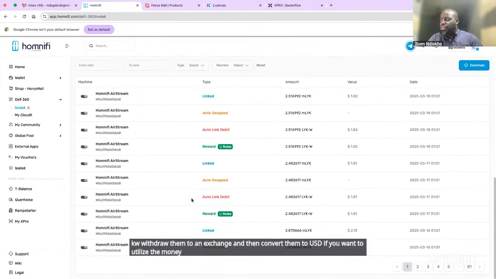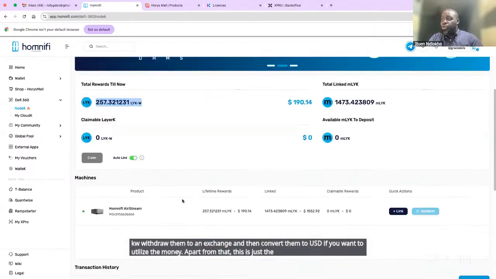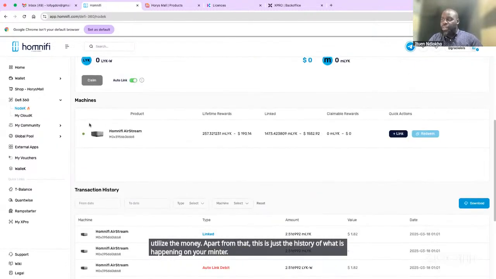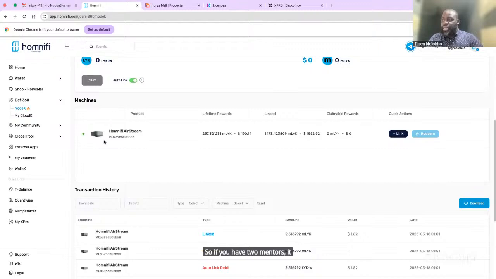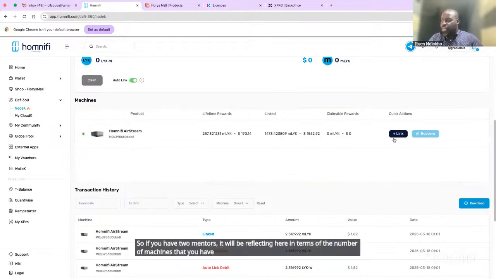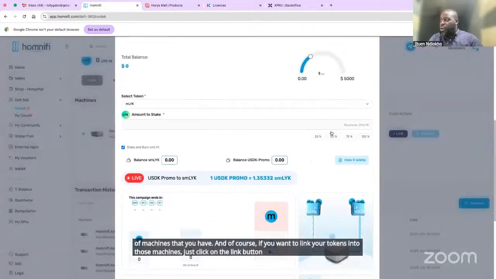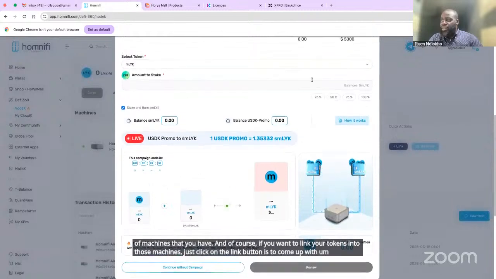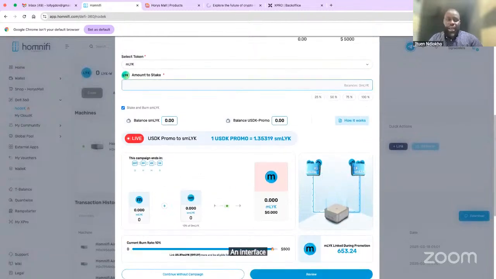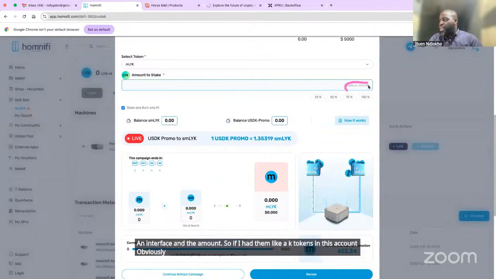Apart from that, this is just the history of what is happening on your minter. So if you have two minters, it will be reflecting here in terms of the number of machines that you have. And of course, if you want to link your tokens into those machines, just click on the link button. It will come up with an interface and the amount. So if I had layer K tokens in this account, obviously I would need to select it here, put it in. Okay, so this is where the